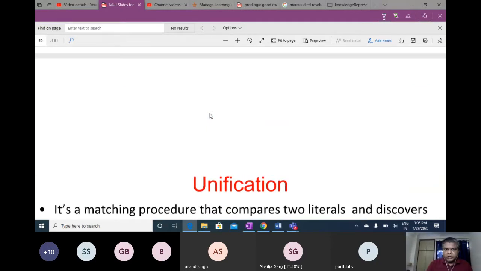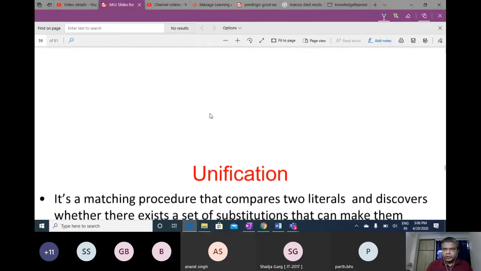you have done matching of two statements, and if you find in one statement a term, suppose P, and in another statement you find the negation of that term, you can unite them, you can resolve them by eliminating both of these terms, P and not P, and generate another sentence, another statement. That is the process of resolution.